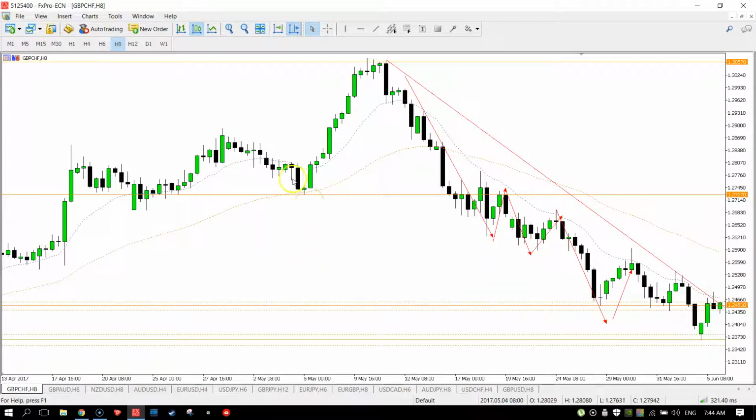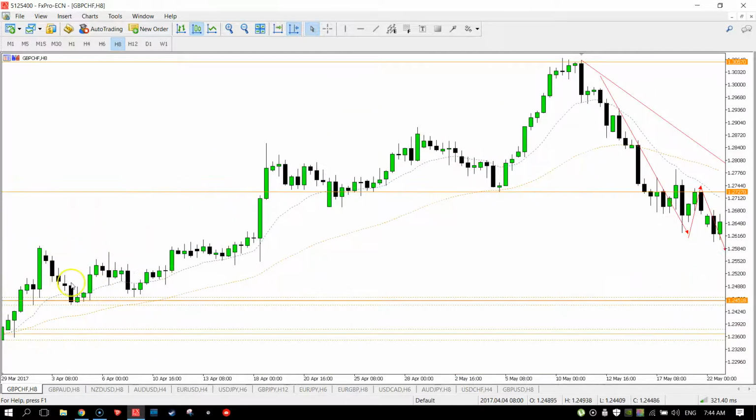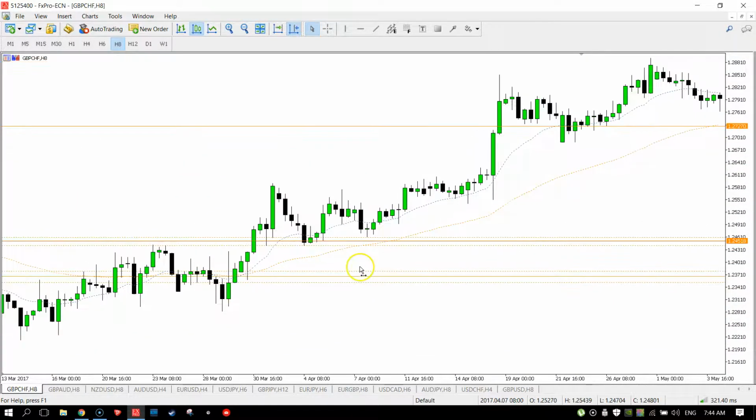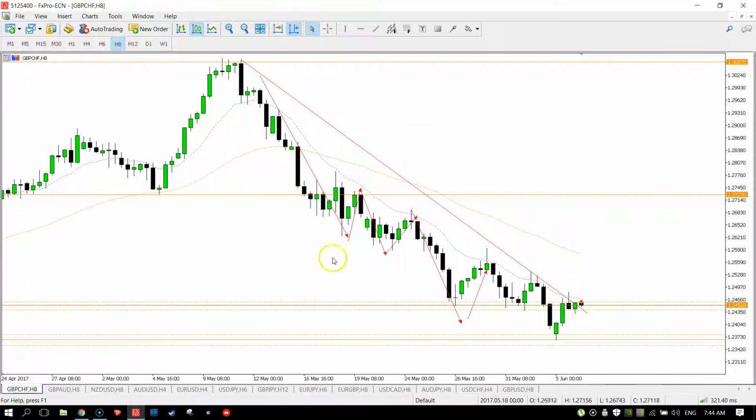I mean, it's just clear to see how nicely it works sometimes, how the 14 EMA hugs a trend line, and the 50 also. It's just a nice confluent point. I don't use that as the main thing, but it's nice as a confluent point. So we can see here even the EMA is tested and it retraced. So we've got a trend line, support and resistance area,